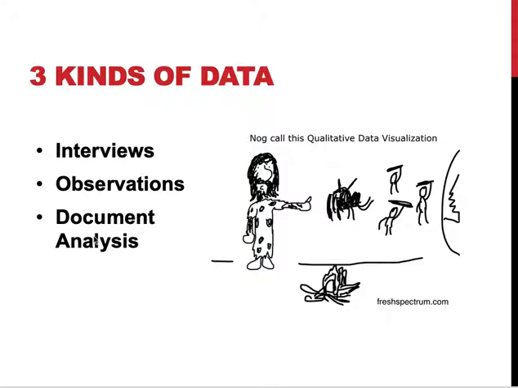So all in all, long story short, interviews, whenever we are directly asking somebody something, either in person, over the phone, via email, one person or multiple people, if we are directly giving a prompt to someone for a response, it's an interview. Observations are whenever we're watching people, watching what they do, what they say. Document analysis is whenever we're using data that has previously been collected, that has been created not for the purpose of our study. However, it could maybe help us understand something related to our research question. So these three kinds of data: interviews, observations, document analysis, or artifact analysis, however you want to talk about it, are our three types.